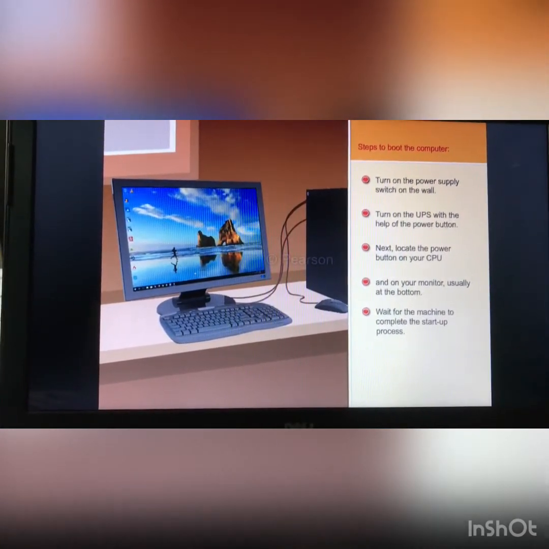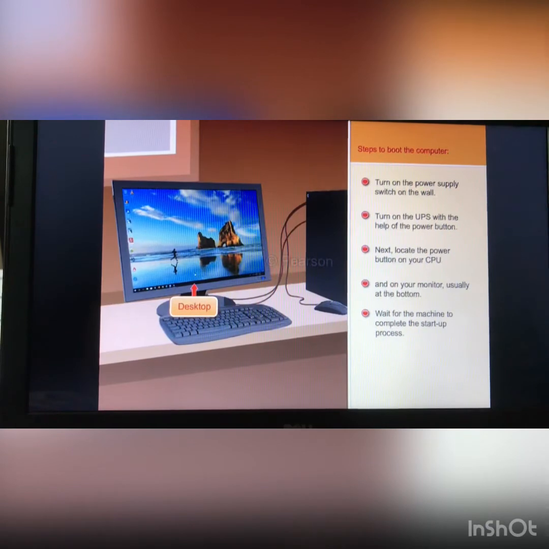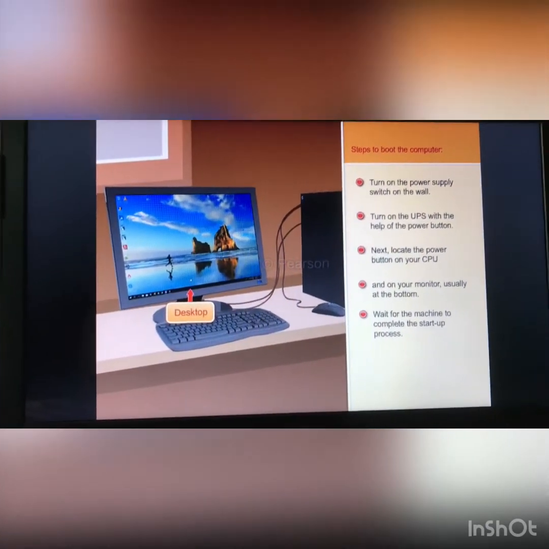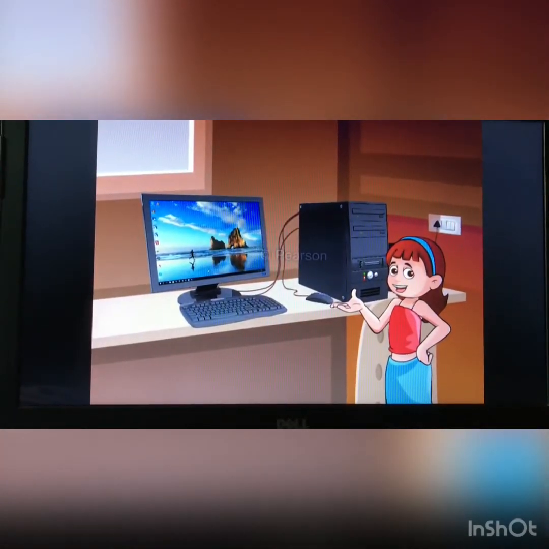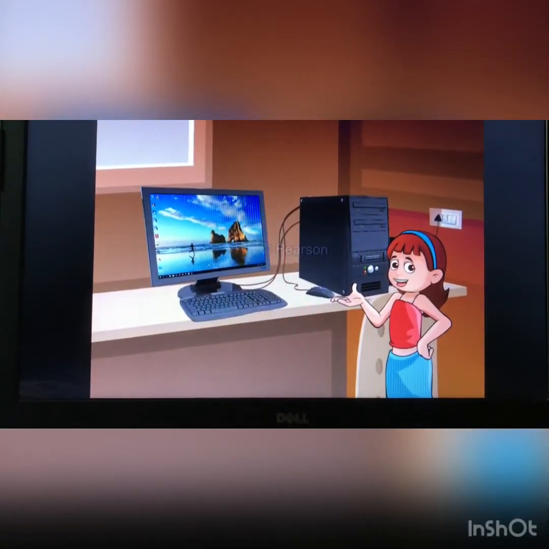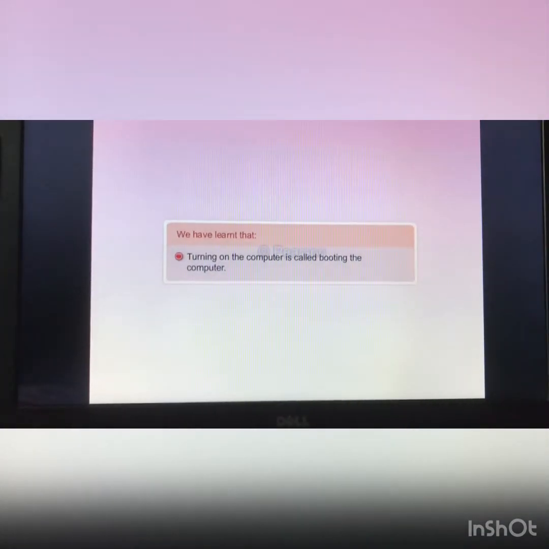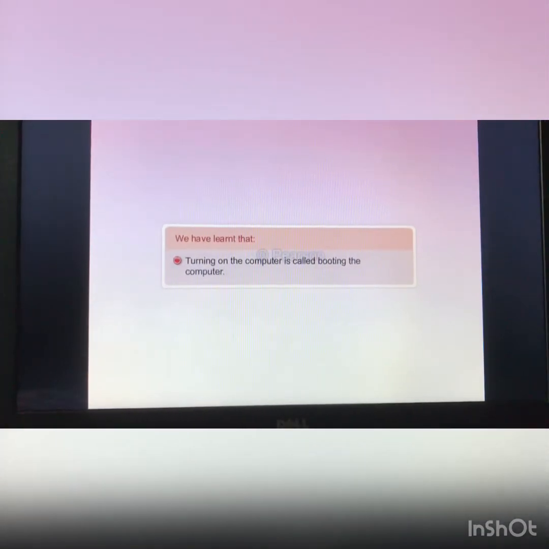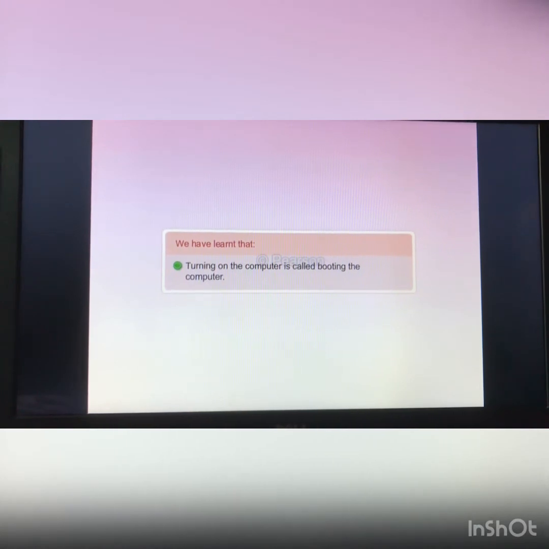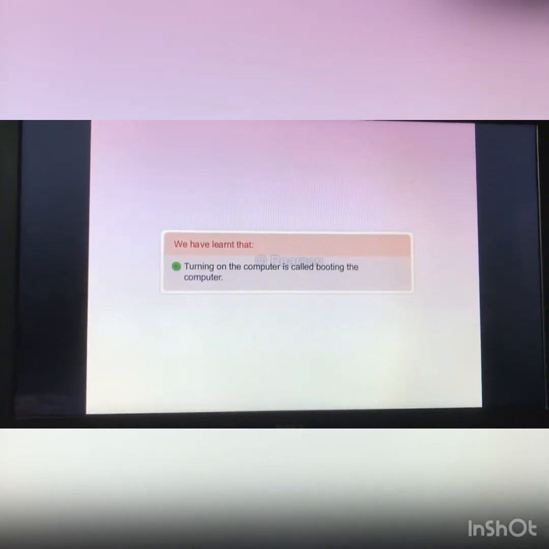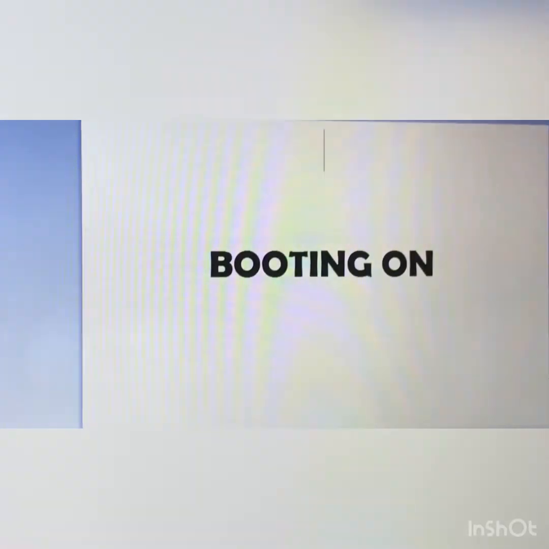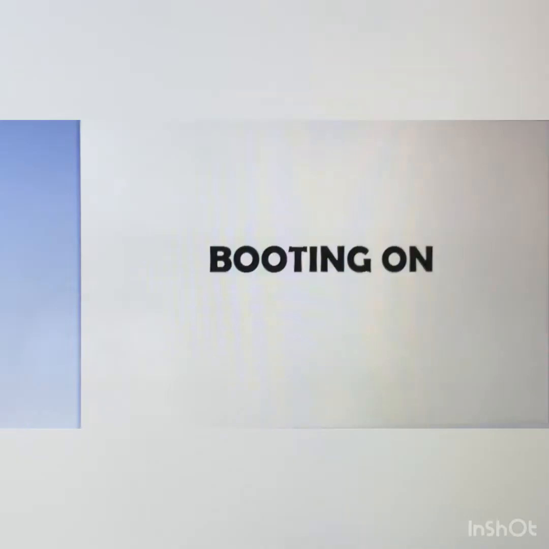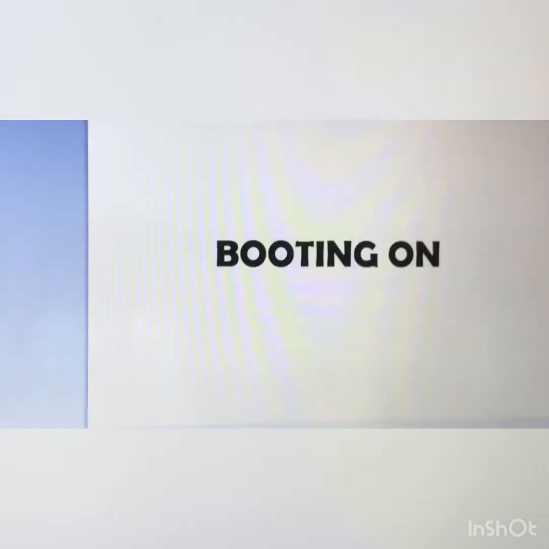This screen is called the desktop and indicates that the booting is complete. There, now your computer is all up and running. Summary. We have learned that turning on the computer is called booting the computer. During the booting, the computer performs necessary actions which make it ready to use.